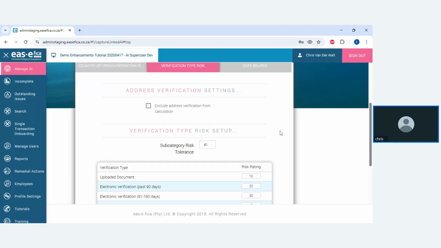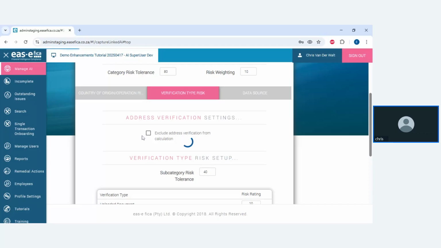Remember, under the risk-based approach, if you are already reasonably certain of your client's identity, then address verification fails to be as significant as it was regarded in the past. So we've given you an option now to either generically exclude address verification from the client's risk calculation. This means that the system is not going to bring to bear any negative risk score for a failure, and it's not going to trigger a remedial action because it's not going to try to verify the client's address.